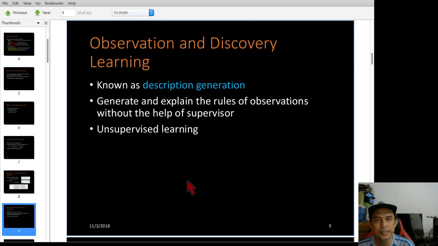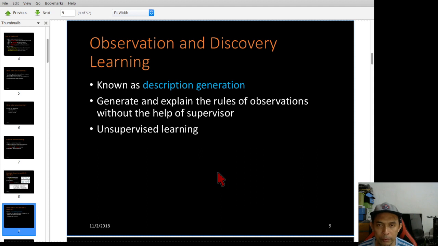This one is all under the category of unsupervised learning, without a supervisor. The training data is given without answers.